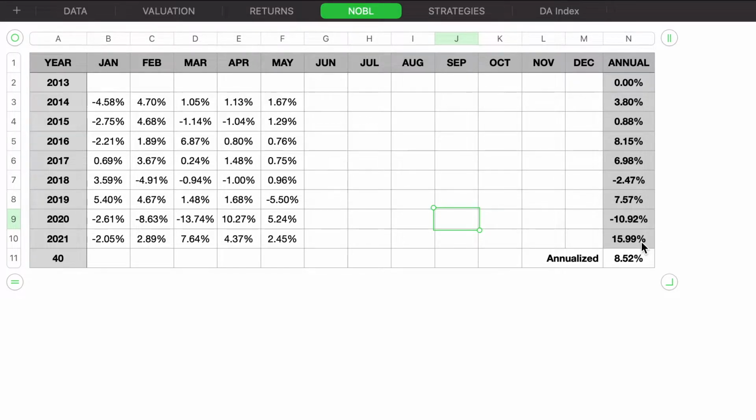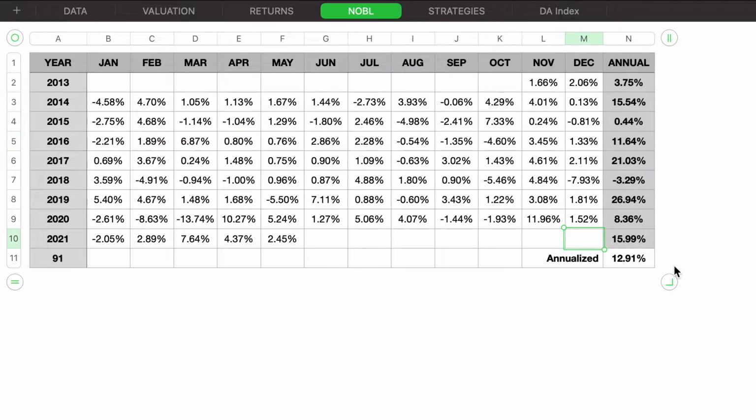Through May, the fund is up 15.99%, and it has never had a double-digit return after 5 months in its 8-year history. The second best 5-month period for NOBL was in 2016. The fund was up 8.15% after 5 months that year. Looking at the full year returns, 2021 currently slides into third place, surpassing 2014 when the fund was up 15.54%